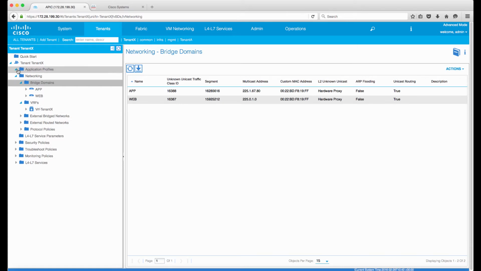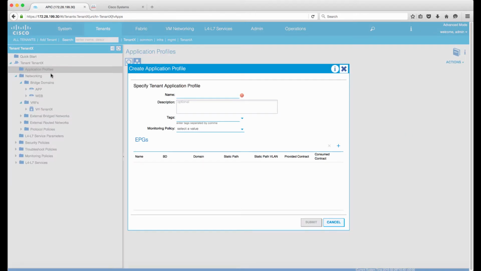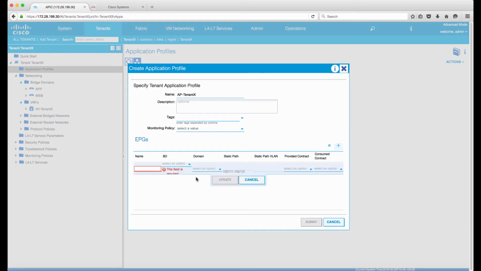So after this, I would be creating an application profile. So I'll name it as APIC Tenant X. Here I need to specify endpoint groups, so create endpoint groups. I'll create the first endpoint group as web, and here I will select the bridge domain as web,